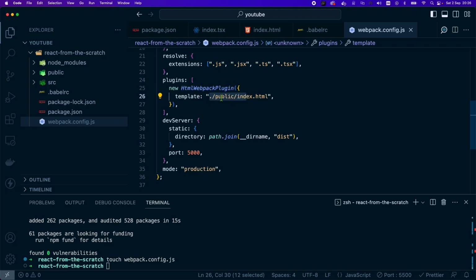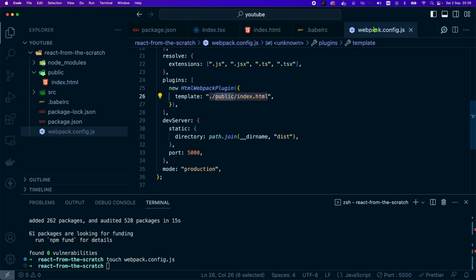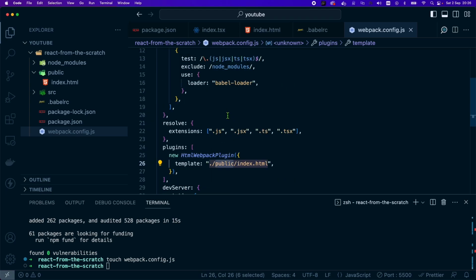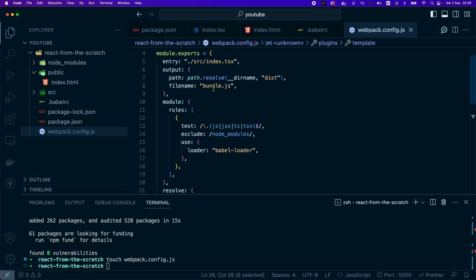It's pointing to, as you can see, the public/index.html, which is the HTML file that we created previously. This plugin is used to automatically generate the HTML file that will include our bundled script. Once we load the app in the HTML file, you will see the script that will be called bundle.js, and